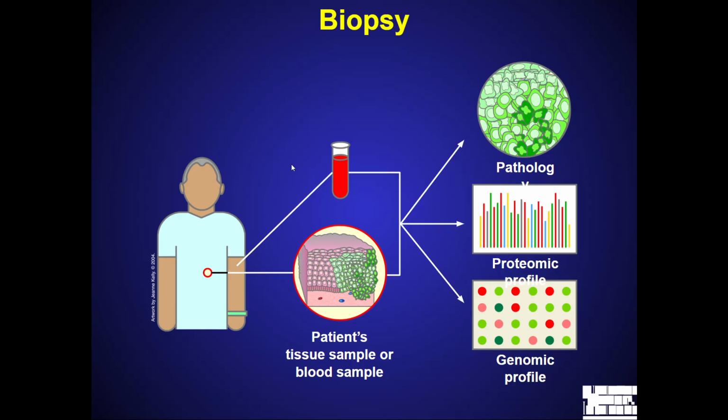Microarrays can also be used to determine which genes are turned on and off. We may make a separate video on microarrays because they're very interesting, but I won't go into depth on that here. And proteomic profiles may be collected for an analysis of protein activity in the cells. This information just helps doctors make a more accurate diagnosis.